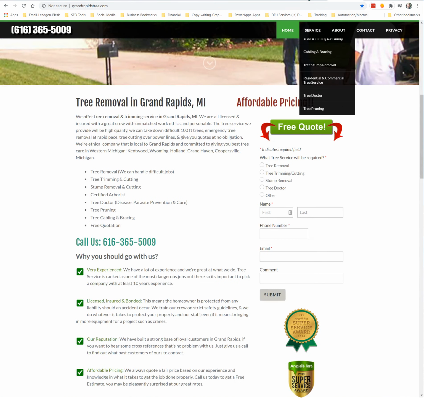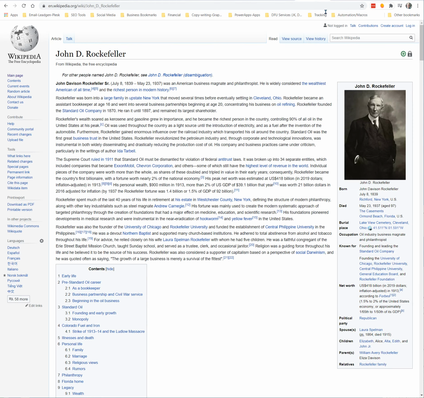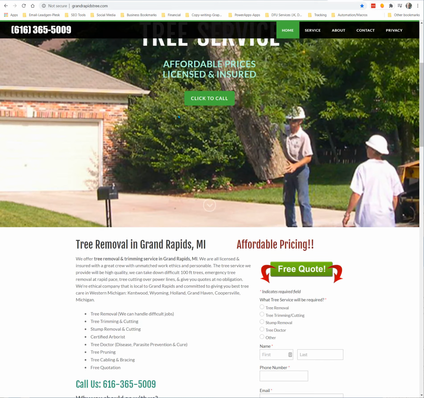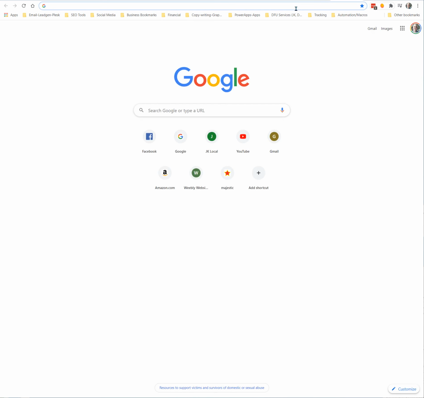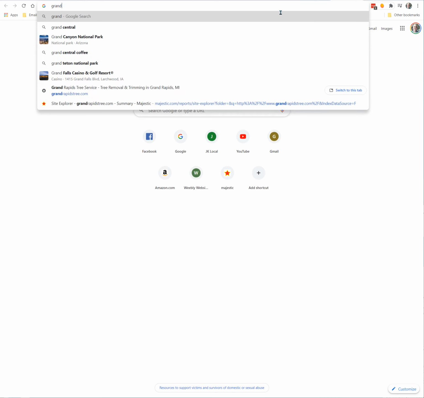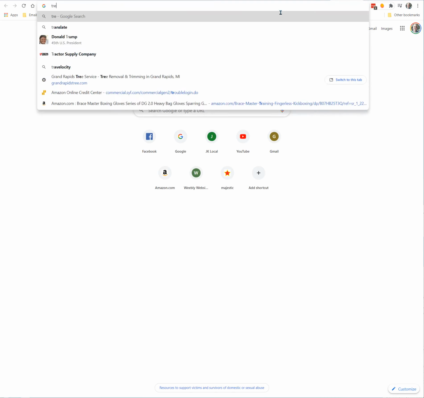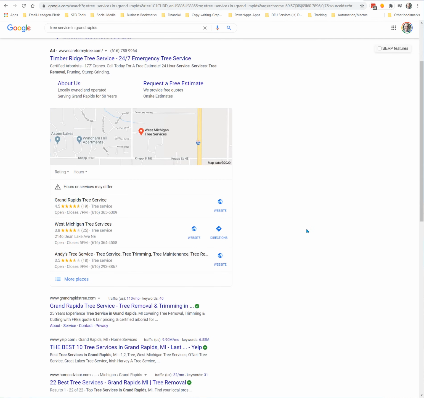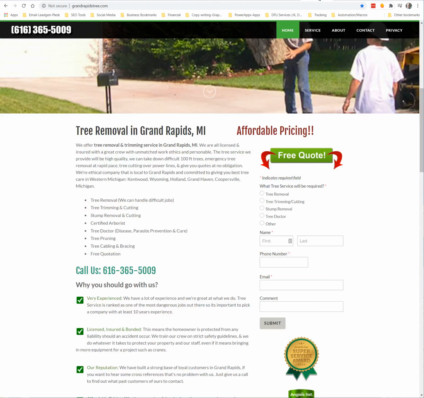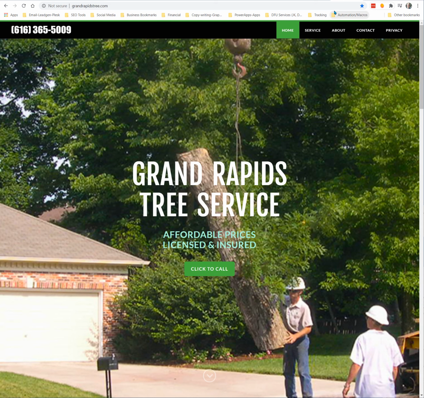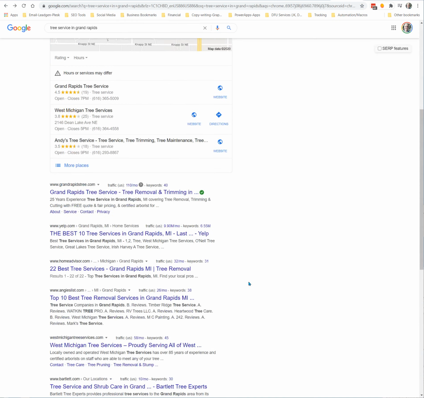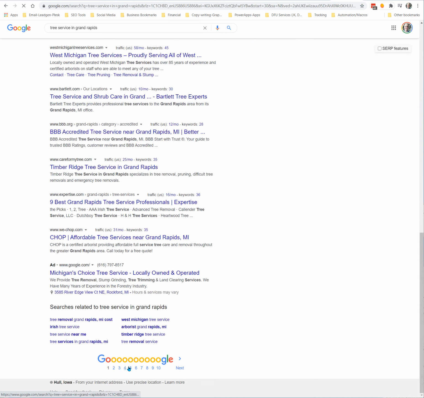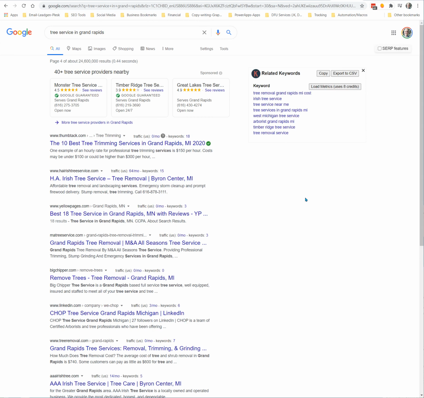Notice how, if you're going to look at the similarities between Wikipedia and a service business website, okay? Let's go to tree service in Grand Rapids. Just so you can see that this works, Grand Rapids Tree Service is here, GrandRapidsTree.com, same website. We gathered a lot of the search engine results there, but we're not doing that right now. What we're going to do is go to page 4 here and look at